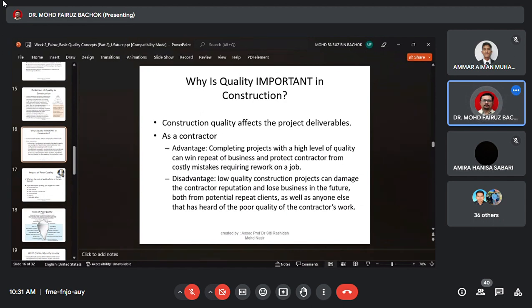You need to reconstruct again. That's why that's a mistake, the costly mistake. Maksudnya mistake yang besar, okay? It's not like a product that is produced in the factory. Even if there's a product problem, they can stop the production, look at what's wrong with the product, and take a short time and low cost to remedy and overcome the problem.